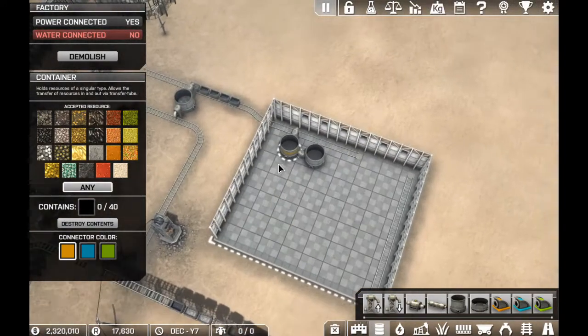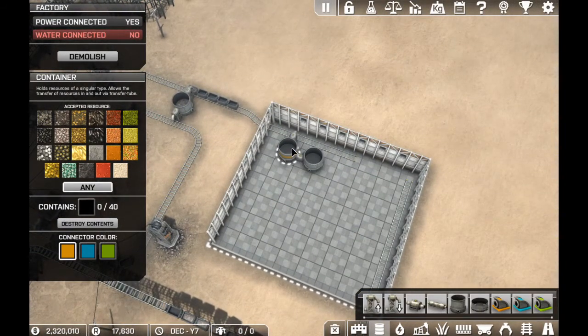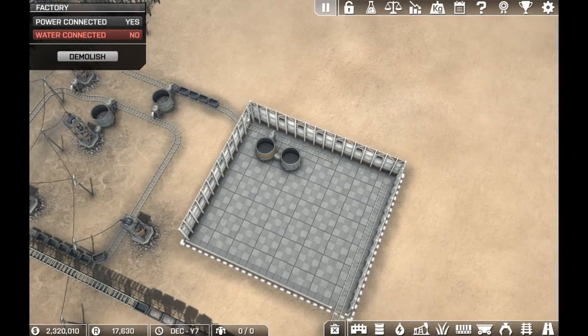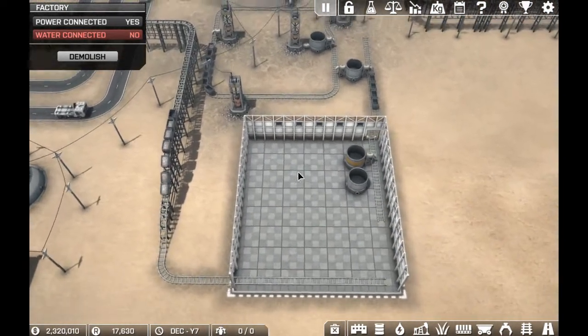Alright, for the first one, we're going to do yellow. Now, what you can do is you can connect another container to one that you've colored, and it'll still work as if they were both colored. You just can't color them both. If you connect them, it's pretty much the same thing. Alright, now...